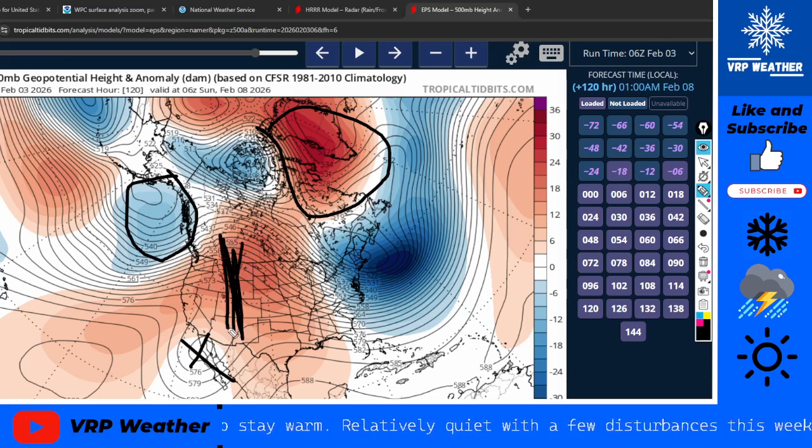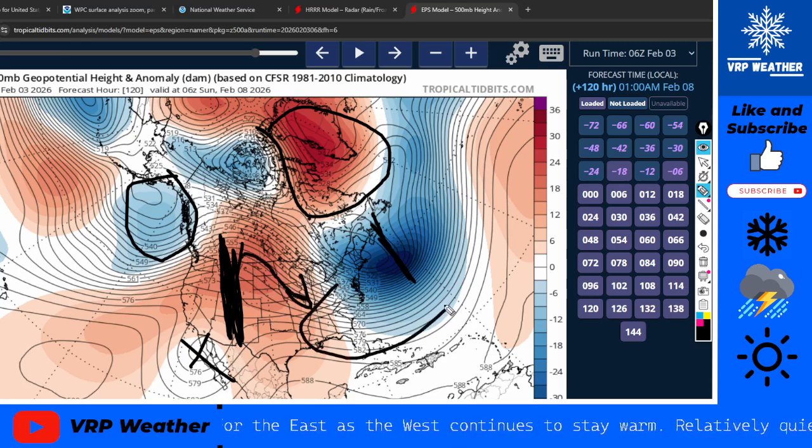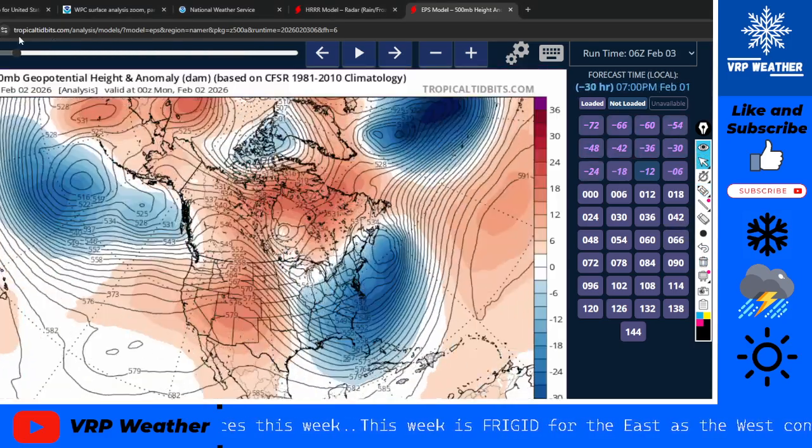But you have a ridge here in the west, and your main trough axis heads out here. So you get opportunities of a split flow. You'd want this colder air undercutting this ridge a little bit more, but you do get opportunities, and it just depends if the shortwave can eject. What this shows to me, at least, is really